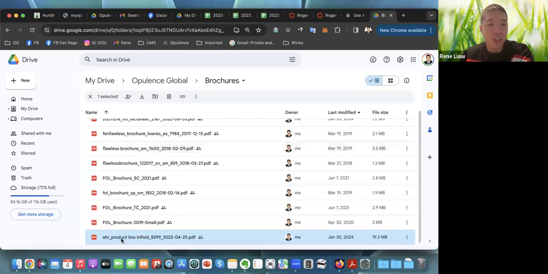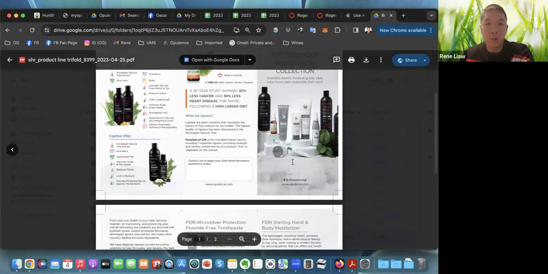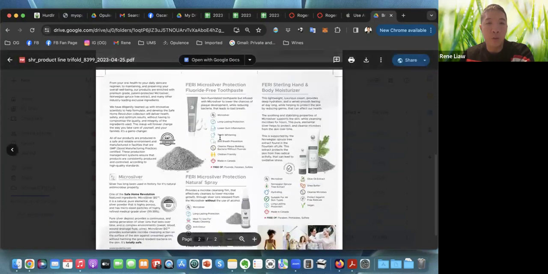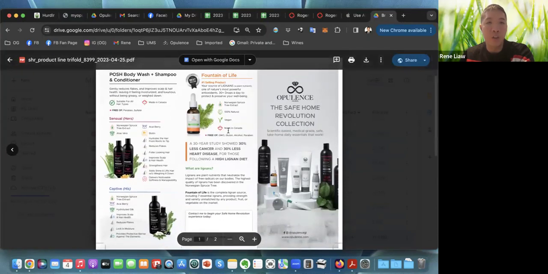And so, oopsies. And you can see here that it has Fountain of Life on the back, right? Okay, if you fold it. And then we have on page two, for example, how do we go to page two? Here we go, page two. Yeah, we have microsilver, toothpaste, spray, lotion, of course shampoo, body wash, conditioner, and then we have FOL